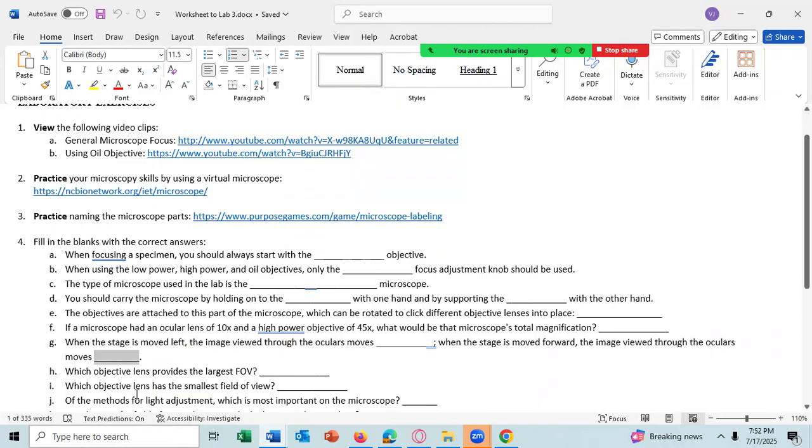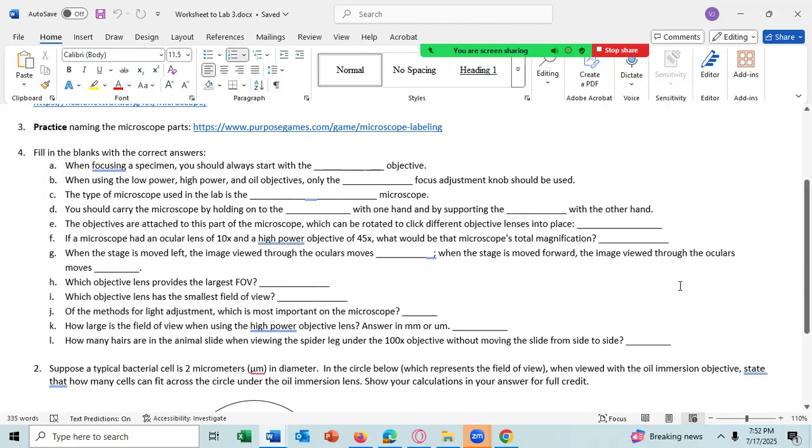For H, which objective lens provides the largest field of view, or FOV? Give that answer there. And for I, which objective lens has the smallest field of view? For J, of the methods for light adjustment, which is the most important on the microscope?